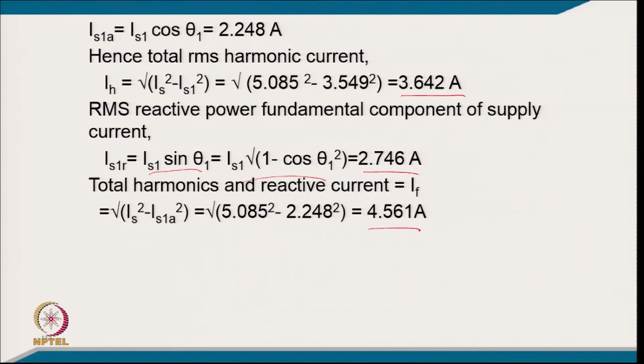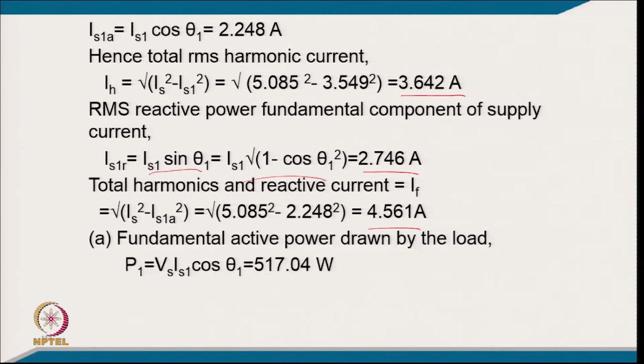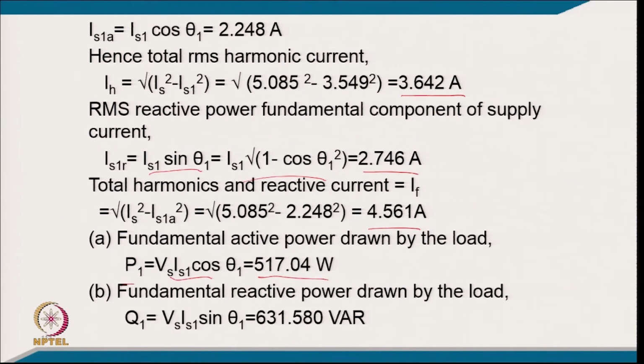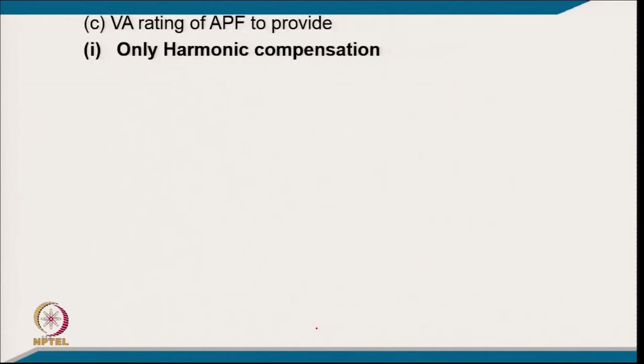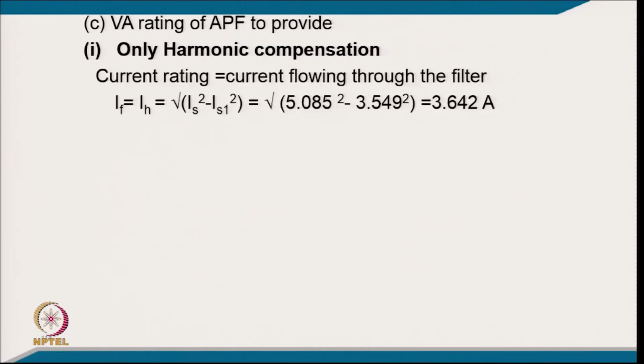So, it comes to 4.561 ampere. The fundamental active power drawn by the load will be P1 equal to Vs IS1 cos theta 1, that comes to 517.04 watt, and the fundamental reactive power drawn by the load will be Q1 equal to Vs IS1 sin theta 1, which comes to 631.58 VAR. The VA rating of the active filter to provide only harmonic compensation will have a current rating equal to the current flowing into the filter, that is IF equal to IH, the square root of IS squared minus IS1 squared. Putting the values, it comes